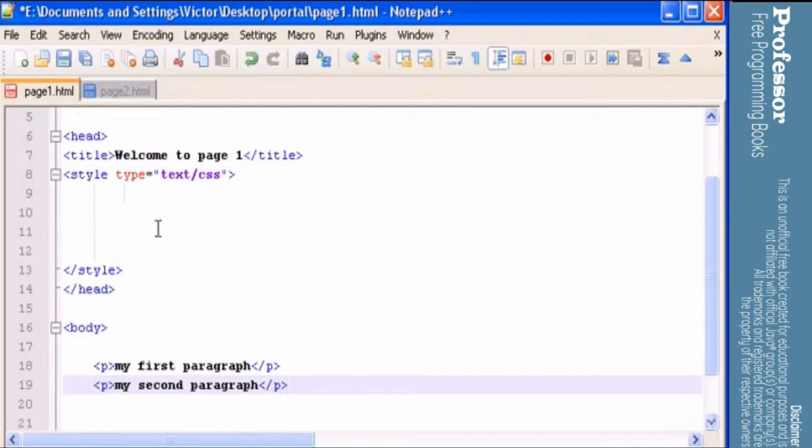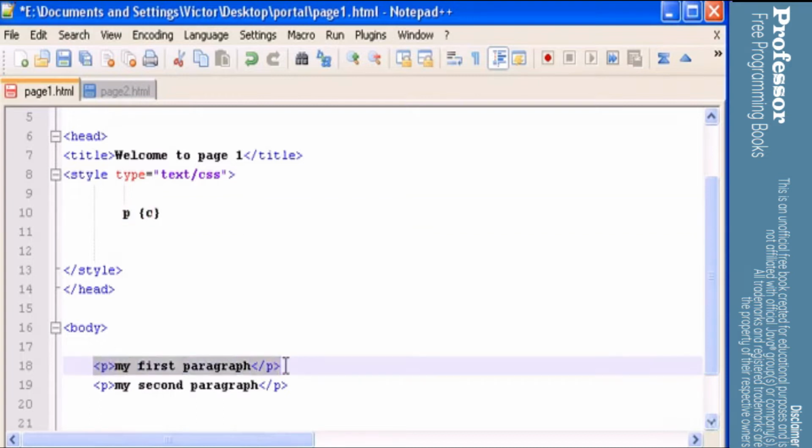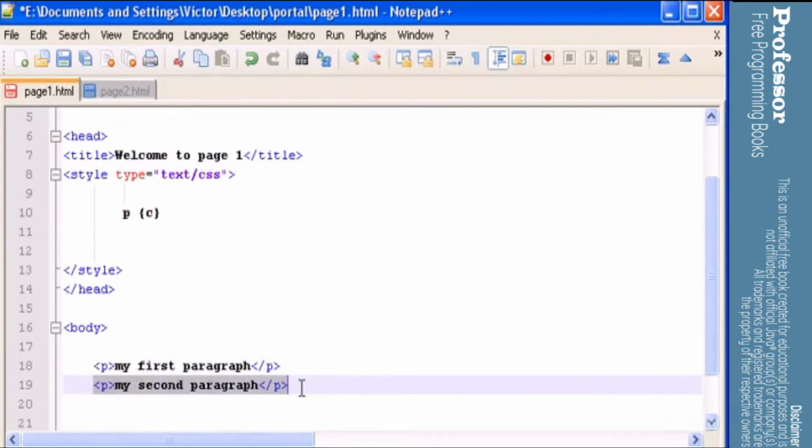So you already know how to change, if we wanted to change the color, let's say color red, okay? You know how to change all the content inside p tags to red, right? We should type the p selector and then color red. But what about if I want a color red for the first paragraph and a color blue for the second? I would have to